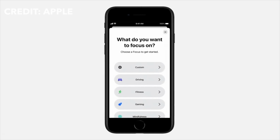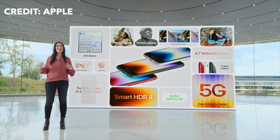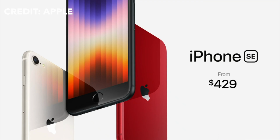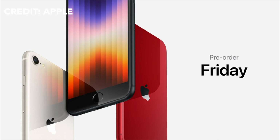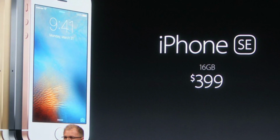Updates are guaranteed for years to come and it comes out of the box with iOS 15. There are 3 color options: Midnight, Starlight, and Product Red. The new SE is a bit more expensive than the SE2, starting at $429 instead of the 2020 model's $329 start price. It's fascinating to think that the SE actually stands for Special Edition, but at this point this is